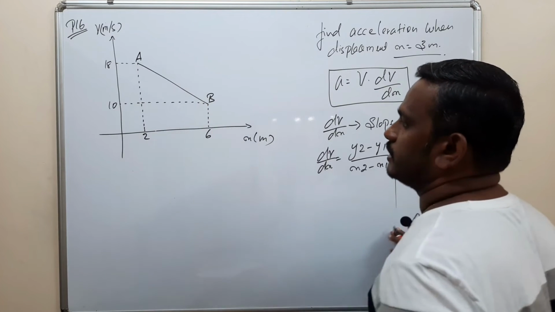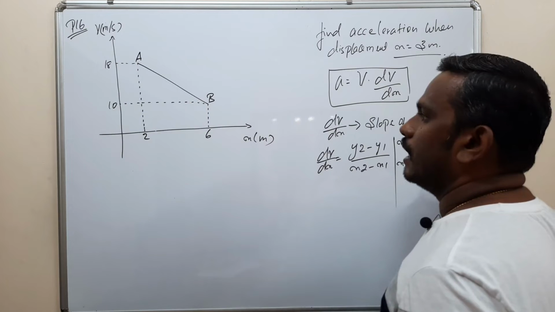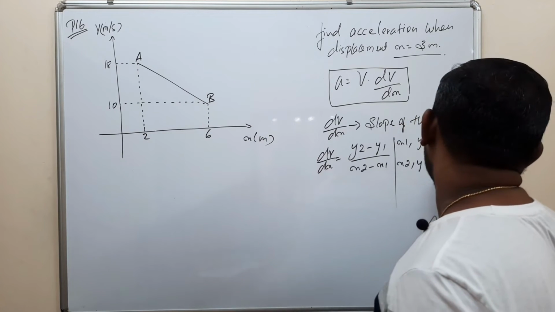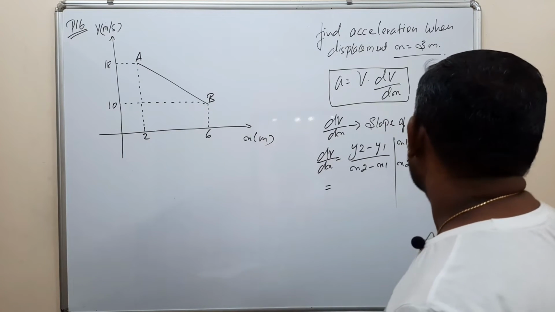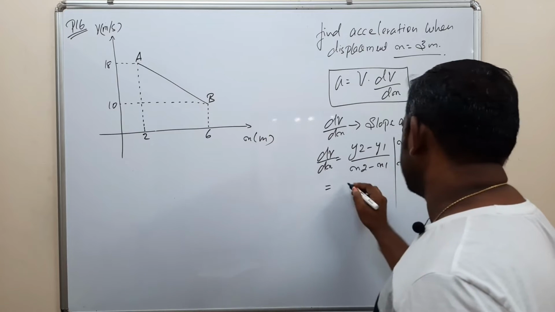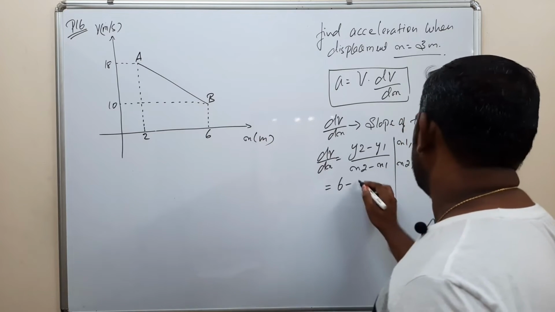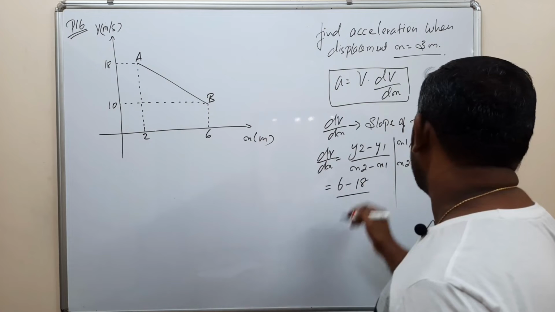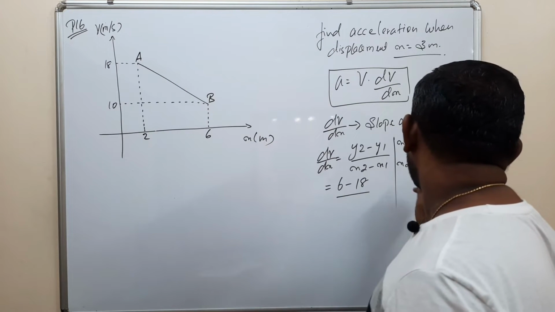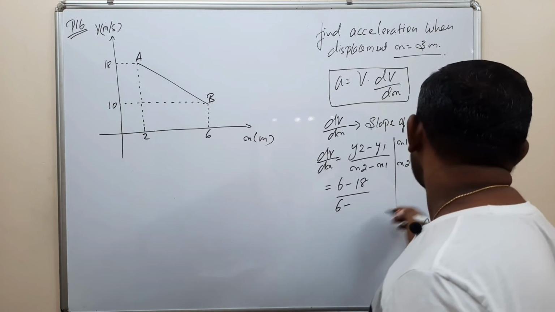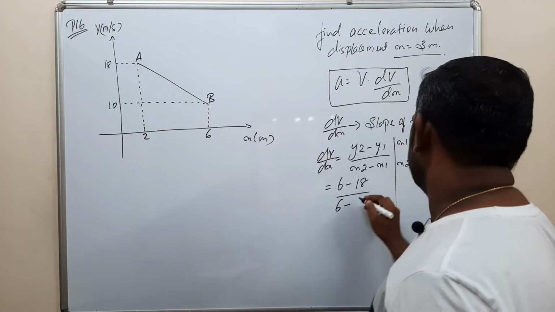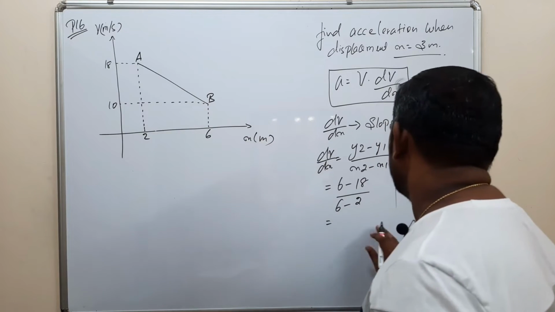For B, x2 is 6 and y2 is 10. Substituting the values: